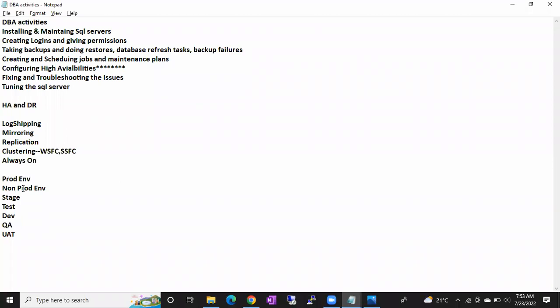So database refresh activities are regular activities. Sometimes weekly, sometimes daily, sometimes ad hoc. Ad hoc means suddenly people will come and ask, hey, can you please restore a production database on non-prod servers? Or can you please refresh this database? If anyone raises a ticket, they will say the source is this server and the destination is this server. If they don't give them, you have to ask what the source server and destination server are. Then you can take the backup of the production server and restore it on the non-prod servers. That is called refresh activities, guys.